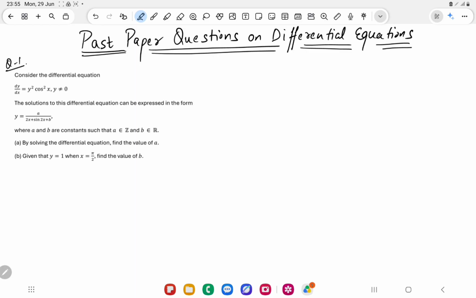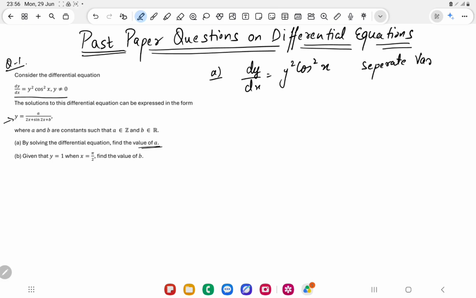In this question we have been given a differential equation and the solution is expressed in this form. Part A says, by solving the differential equation, find the value of a. So let's start with part A. Let me first write my differential equation, y squared cos squared x. Now if you look, we can use